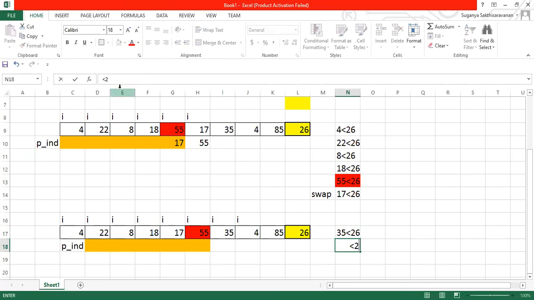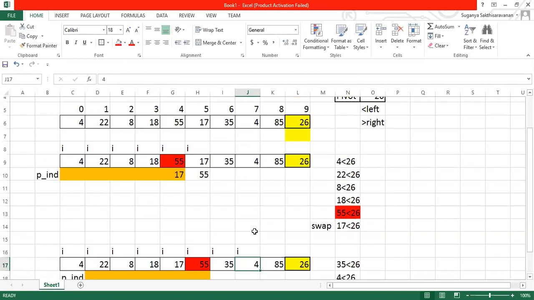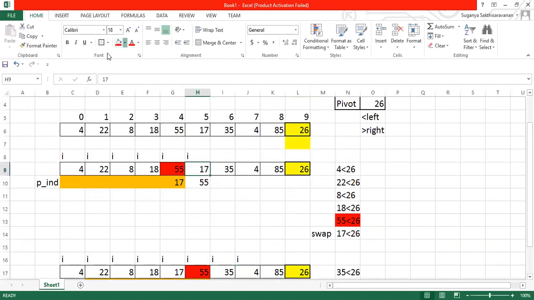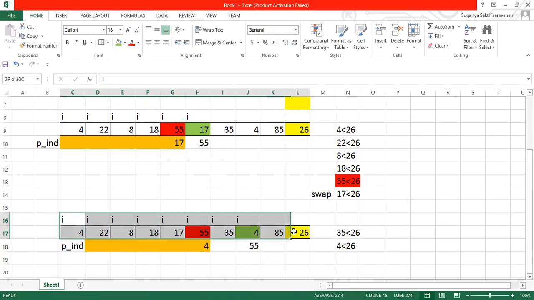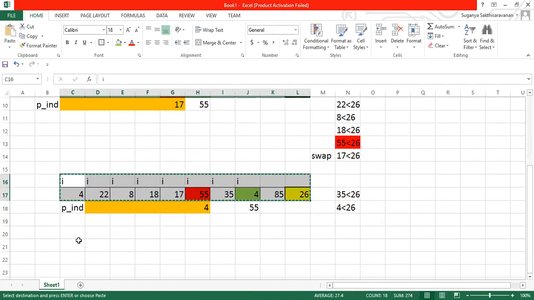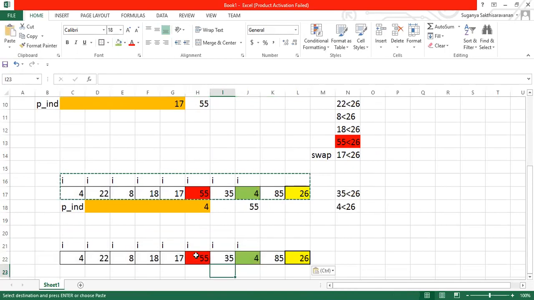Yes, it is lesser. So now what you're supposed to do? We are supposed to do the swapping operation. With whom am I supposed to do this? I'm supposed to do this with your p index position. So this value and this value will be swapped now. Right now your i pointer is here, right? So you're swapping with this position. These two elements are swapped. Right now your i pointer is at this position. So 4 will be swapped with 55. After the swapping, you'll get the updated list like this, where 4 comes here and 55 goes here.